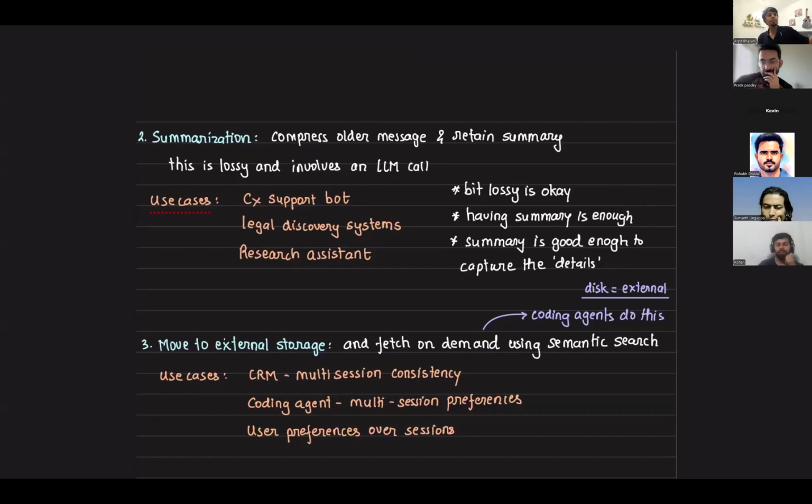Now that we know why summarization is so general purpose and important, the whole idea is it takes your older messages, compresses them, and tries to retain the summary, but this is always going to be lossy. And it's slow because it involves an LLM call. But where is it okay? It's okay where you want to not let your context window explode, to save cost and not hallucinate, etc. But more importantly, practical examples: